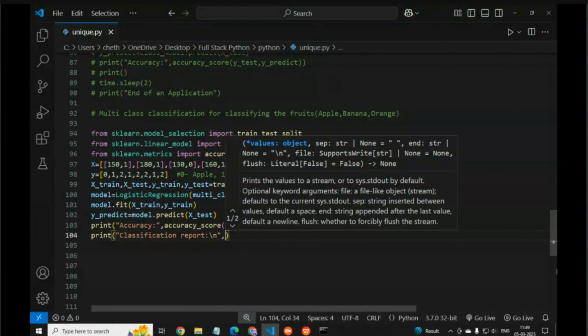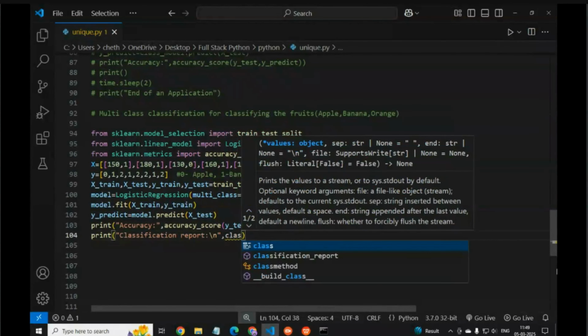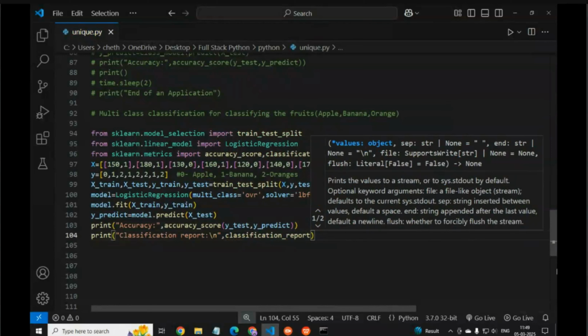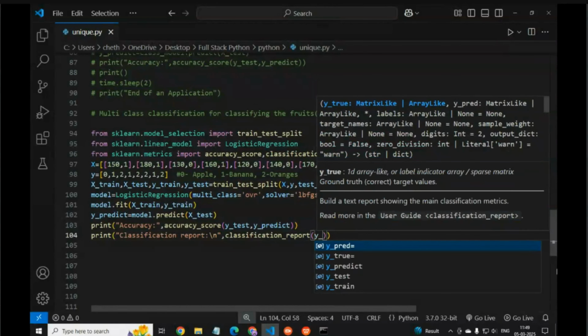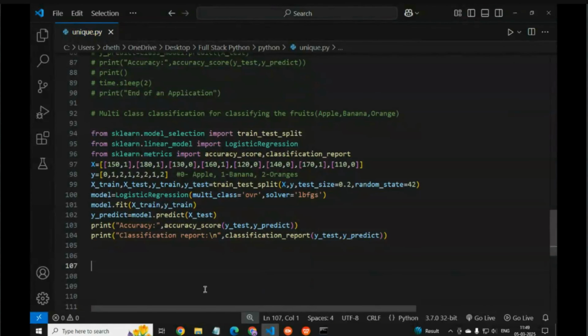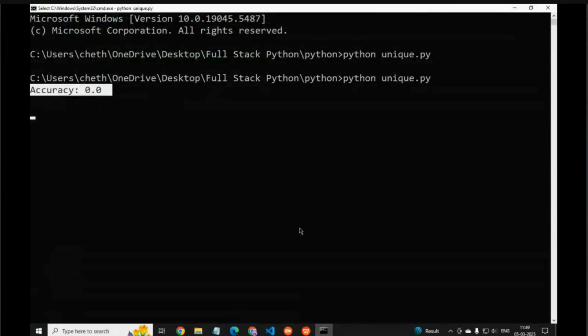Then here we write classification report of Y test and Y predict. So let's see what output it will give.